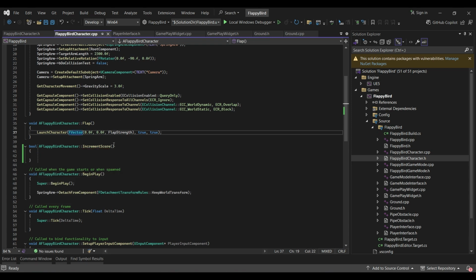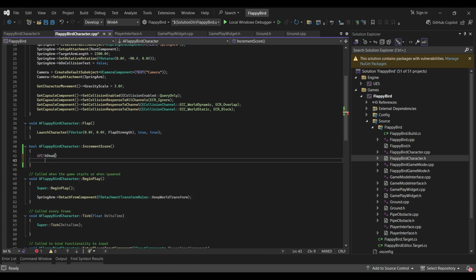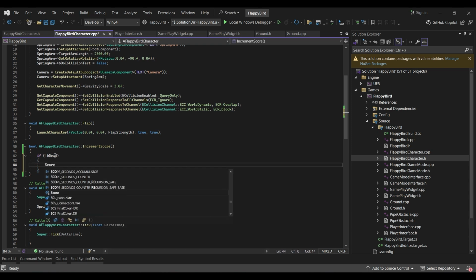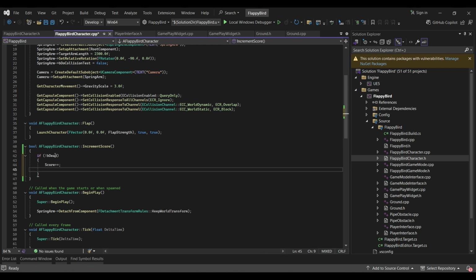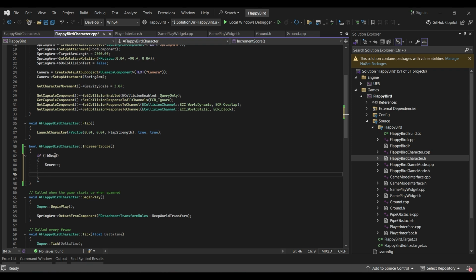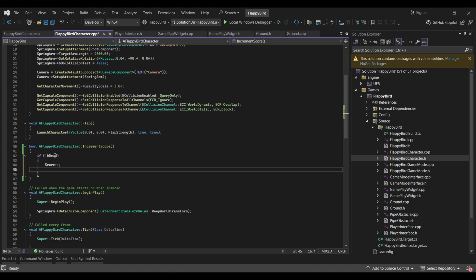Increment score. So if we are not dead, score plus plus, this will increment the score by 1. Okay, now